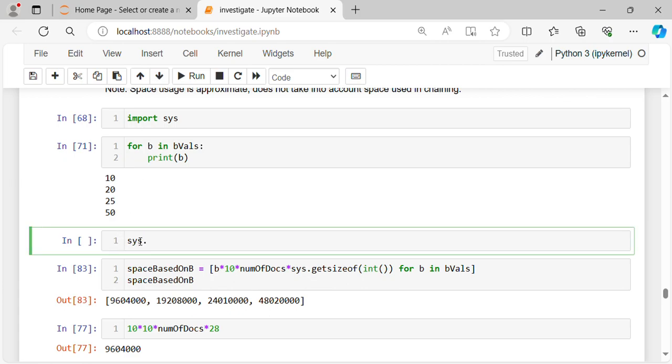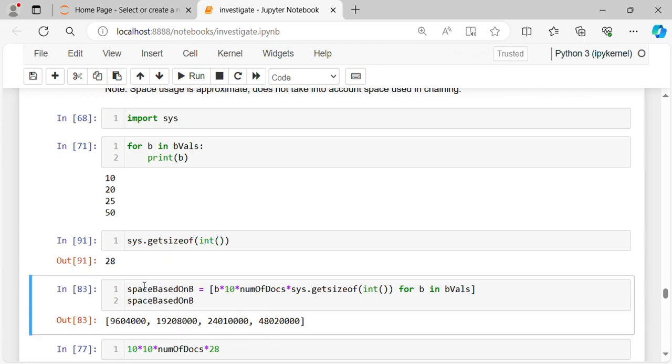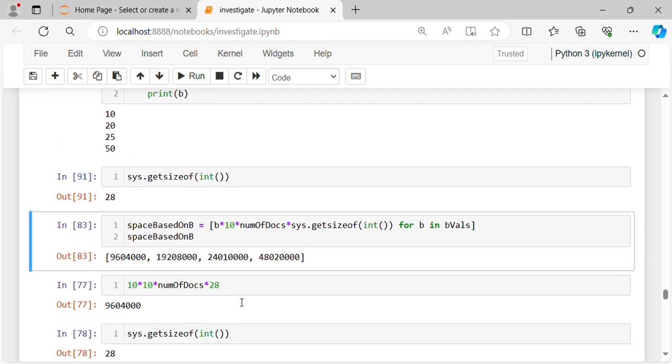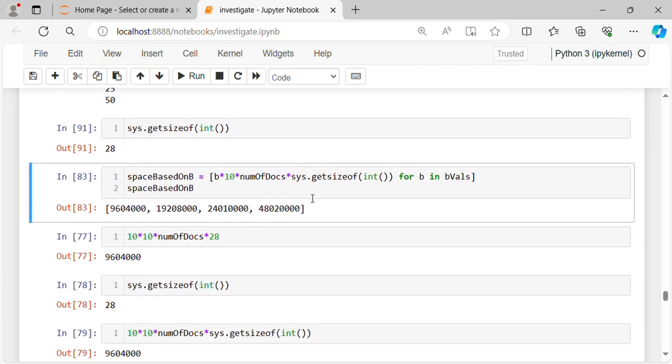I'll just show you what value it is. sys.getsizeof of int is 28. So when we do this calculation, B times 10 times number of documents, and we know that number of documents is